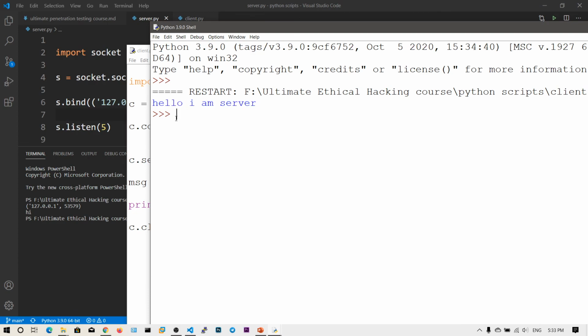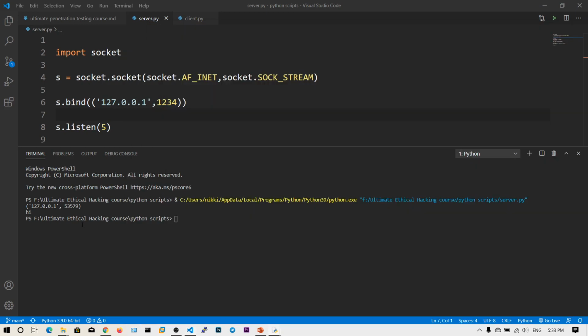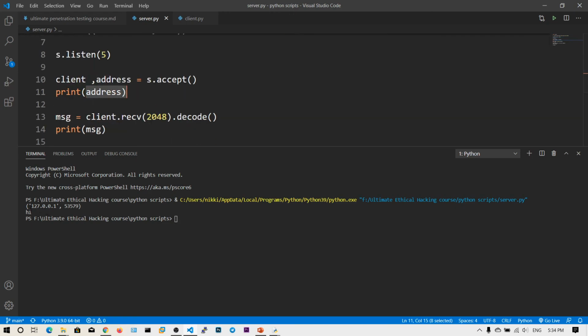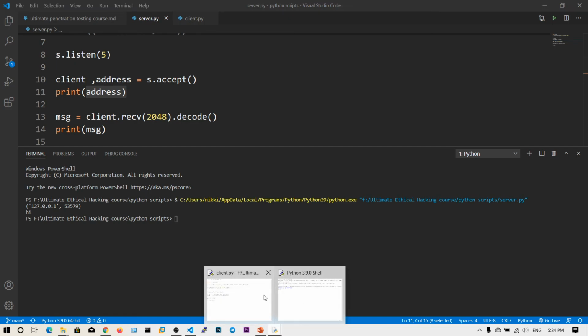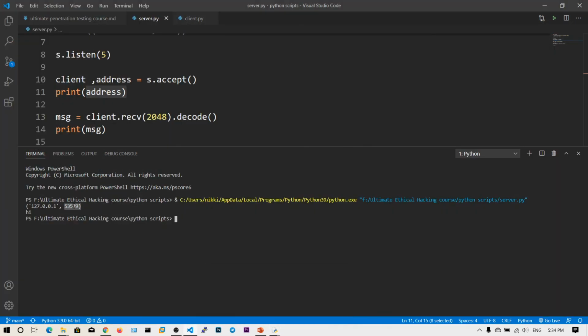So this is from the client side, right? Because we are printing only the received message. Now let's go ahead and see what happened on the server side. We have printed this address. So this is how an address looks like. 127.0.0.1, that is localhost, because I have been running this module on my computer only. Then the port number, 53579. This port is selected by the Windows kernel itself. It will choose some random free port, and then it will use it to connect to this server.py. So that is the address, the tuple of IP address and the port number.